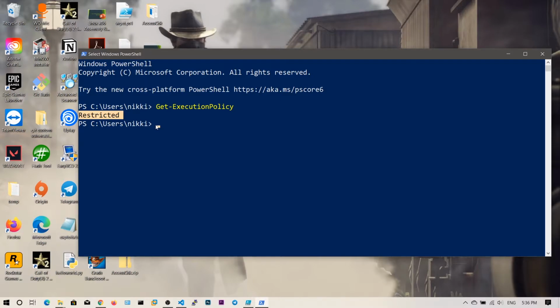The second one is unrestricted. In unrestricted, you can run any script with permissions, so you can just run the scripts. The third one is RemoteSigned, and the fourth one is AllSigned. RemoteSigned means that scripts from third-party sources must be signed by another computer. AllSigned means the scripts must be signed by our computer. We now need to talk about those two, and we'll be talking about restricted and unrestricted.